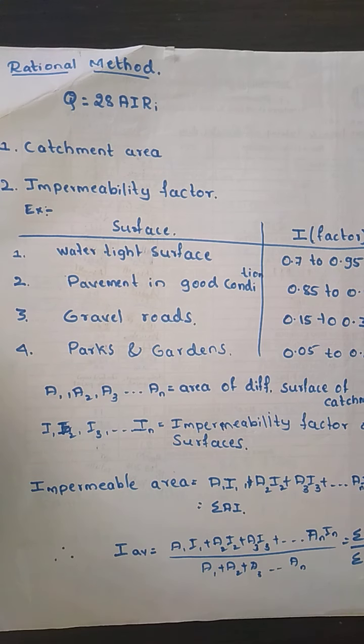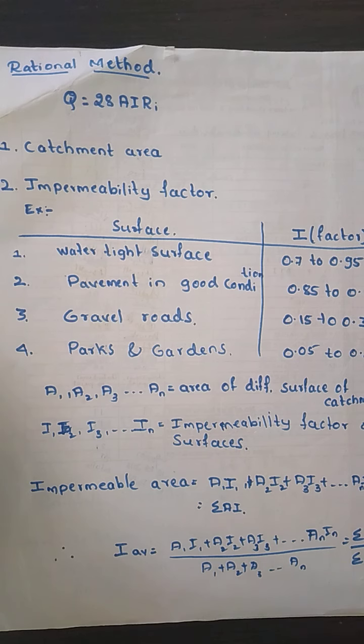Now the storm water flow depends upon the imperviousness of the area over which the rainfall takes place. If the ground is relatively impervious, it is not going to absorb the water when the rainfall occurs. Impervious means it does not absorb water, while pervious means it absorbs a larger quantity of water. If the ground is relatively impervious, more runoff takes place.